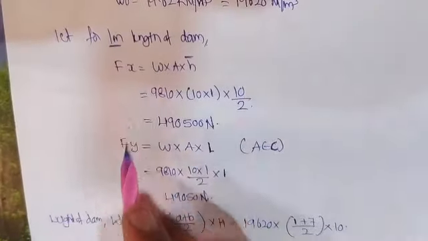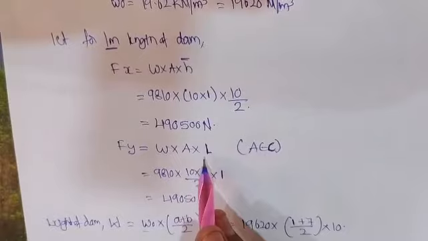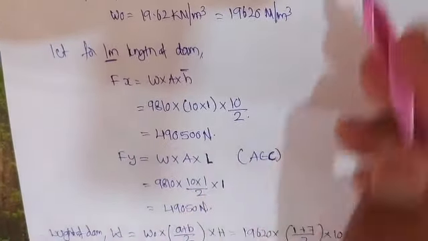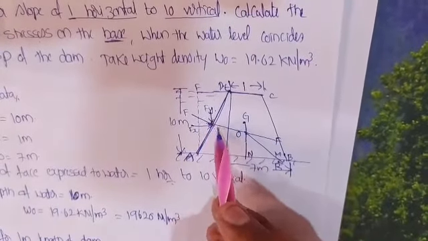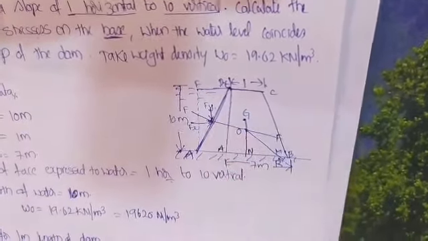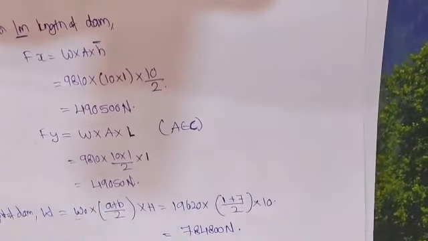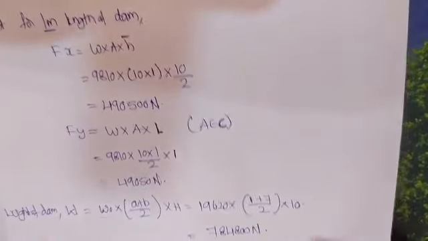So these are the basic things we have to find out whenever this problem comes up: the values of Fx and Fy, W into A into H, here W into A into L. Why have we taken the value of L here? Because the Fy value is acting in the vertical portion throughout the length of the section. That's why we have taken L here, and the area is divided by 2 because it is acting at the center of the section. So by this we have found the values of Fx, Fy and W.